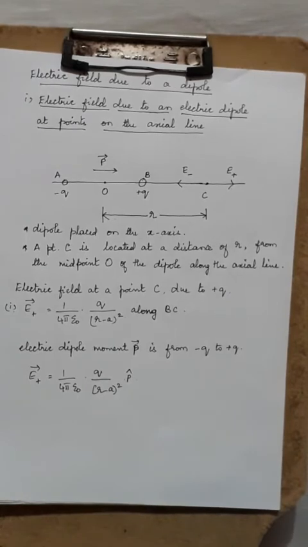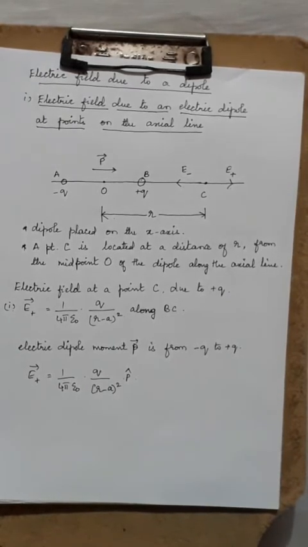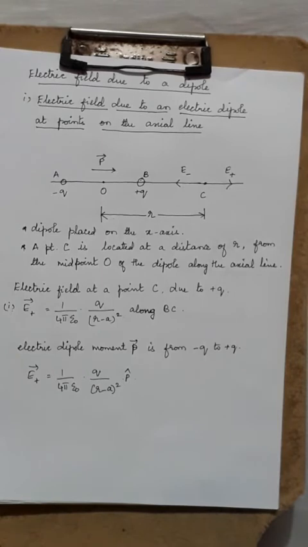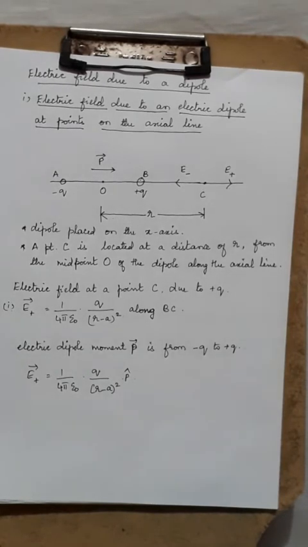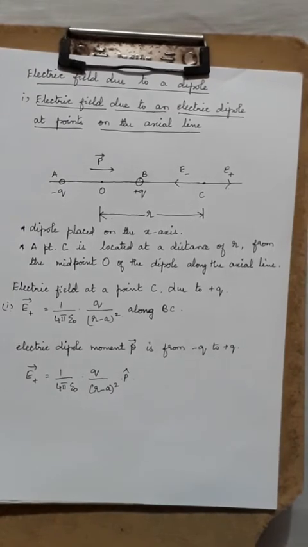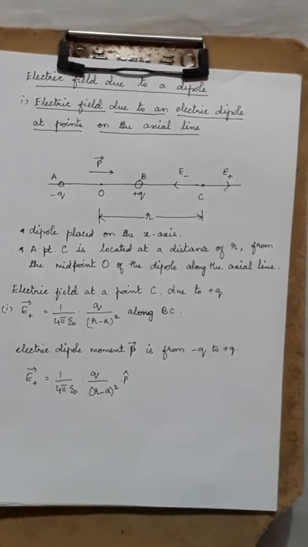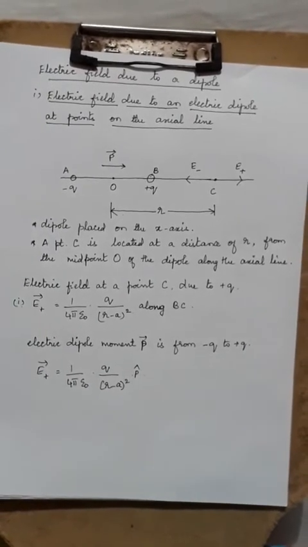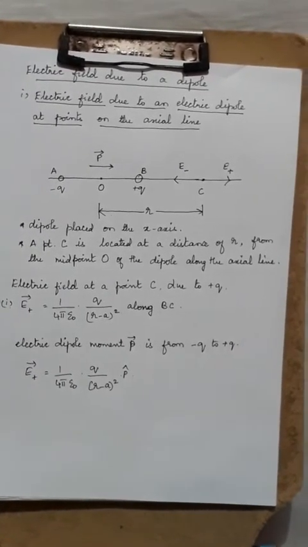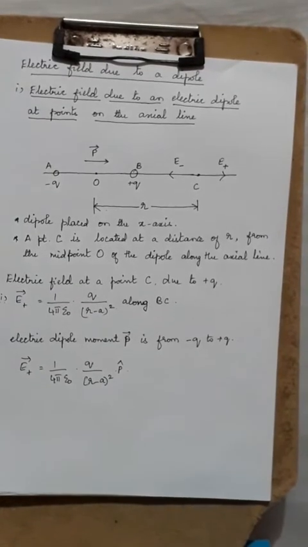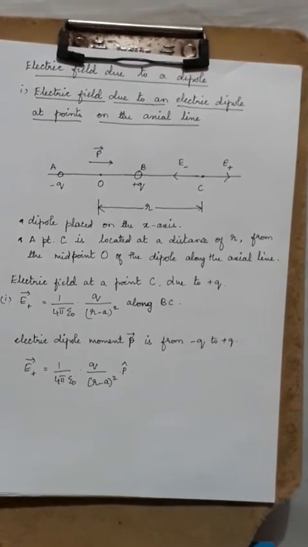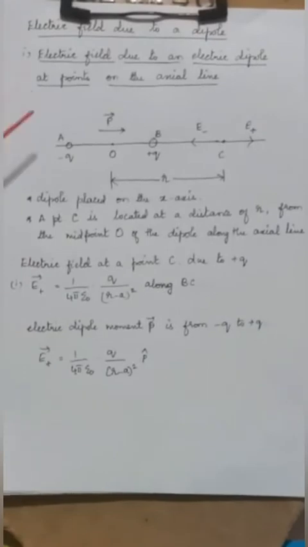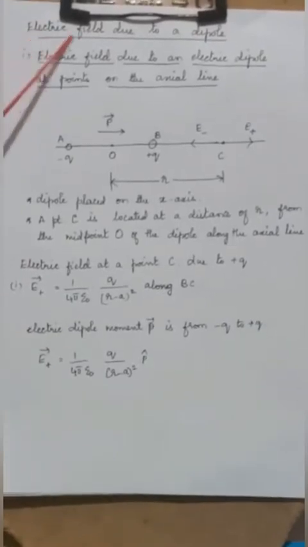Then what you studied was about dipole. What is a dipole? A dipole is nothing but two equal and opposite charges separated by a distance of 2a. That is what is called a dipole. And when you keep a dipole like that, you will have a dipole moment, which you have studied, equal to 2a into q. Okay. So the chapter enhances like this: the electric field concept is added with the dipole concept.